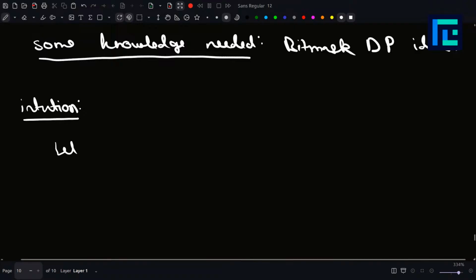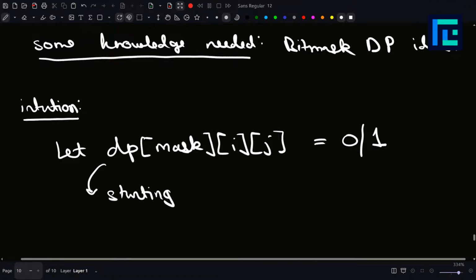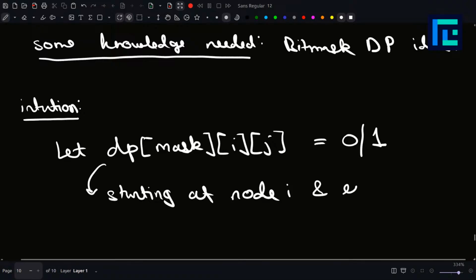Let dp of mask, i, j equal 0 or 1, true or false. And what does this mean? It means that starting at node i and ending at node j,